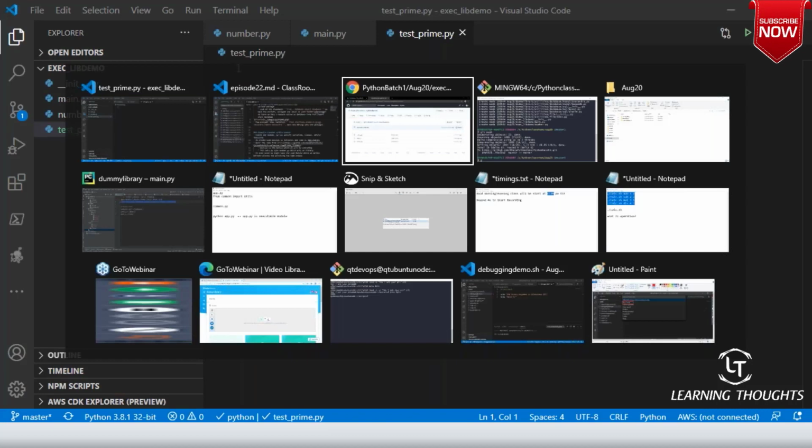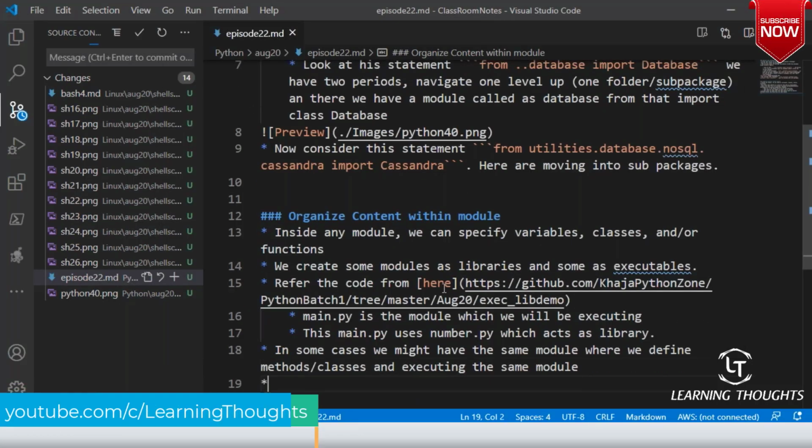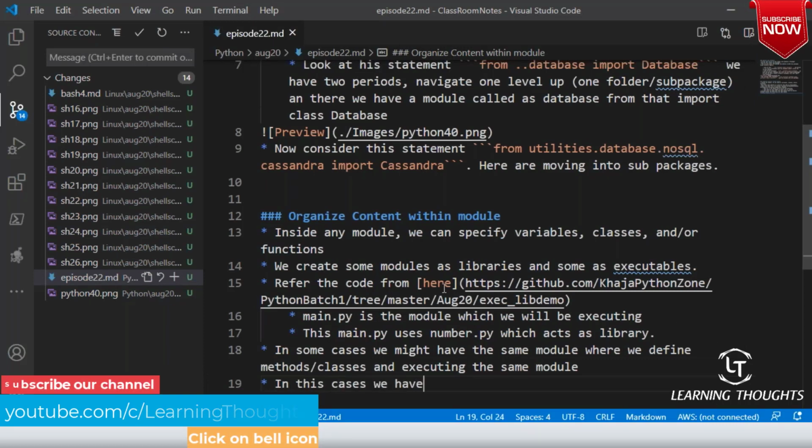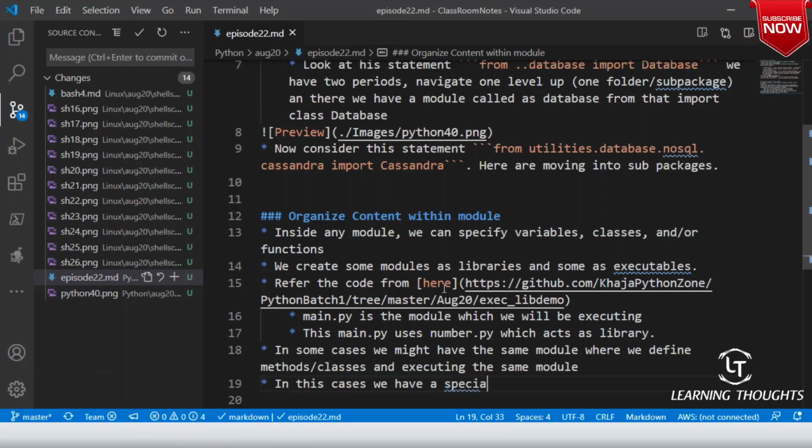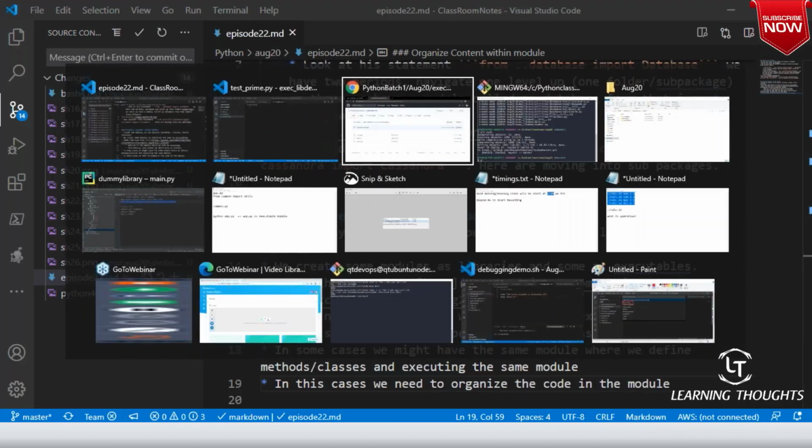In this case, we have a special variable, or rather we need to organize the code in the module. Let us see how to organize it.